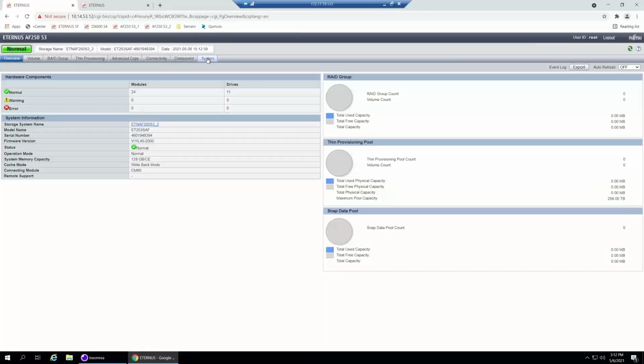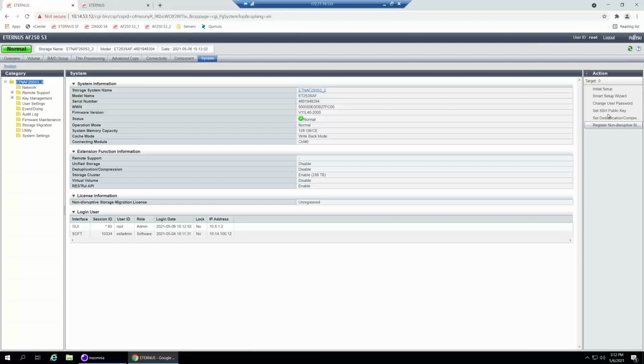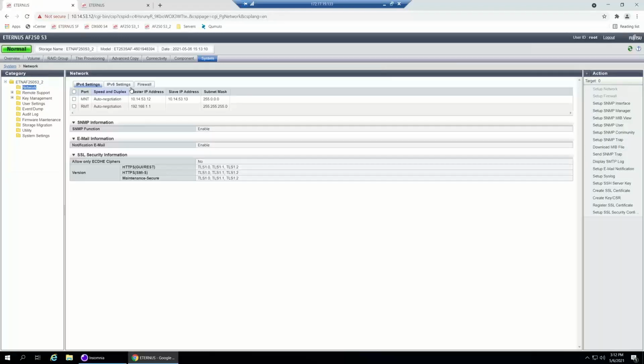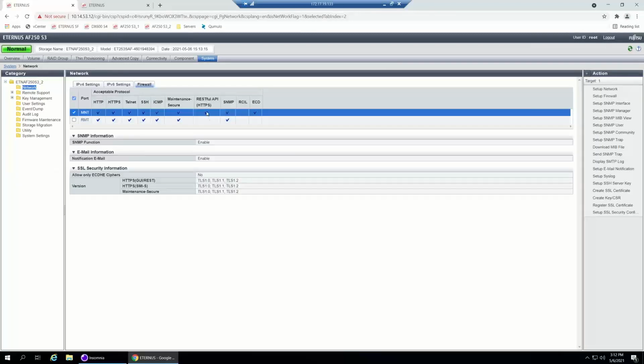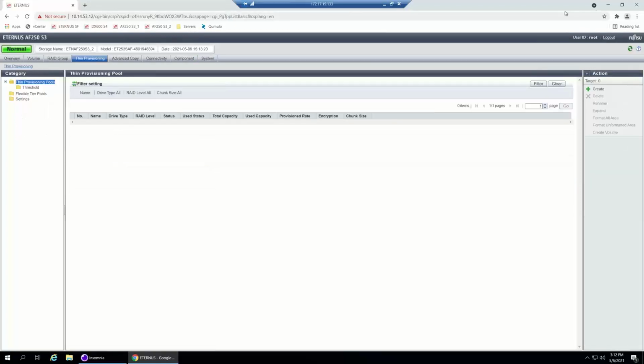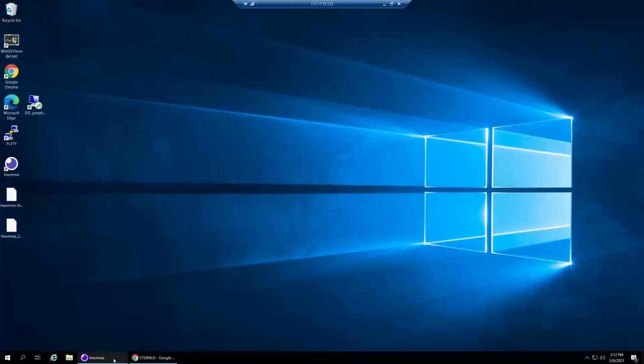And now I can show you the same on the system that is already configured. You don't see the REST API action here, and in the network firewall, you've got the RESTful APIs already enabled. So the communication is open. We can play around with it.